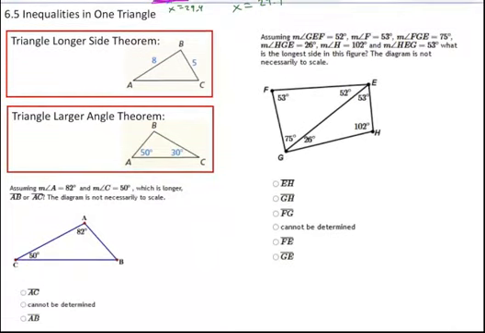6.5 has two concepts in it. This first one is split into two parts based on your perspective. Are you focused on the angles first, or are you focused on the sides first? And then the second one is just like for a triangle in general. But these are the inequalities that exist in an individual single triangle. So the very first one here, or the first two, have to do with the relationship in any given triangle between the side lengths and the angles of the triangle. And that is that in a given triangle,